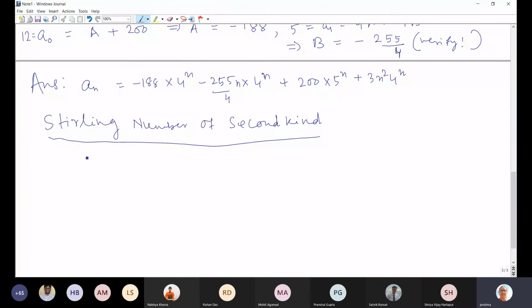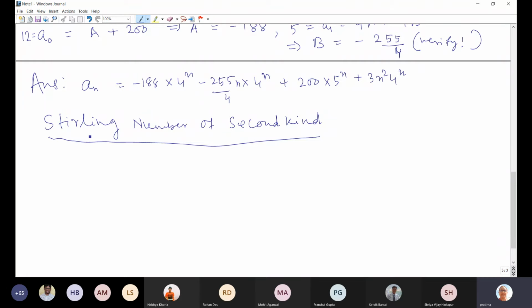And this Stirling number of first kind, what is it? It tells you about partitions of a set actually. It talks about how many partitions of a set there will be. So what do you mean by partition of a set? I mean, this Stirling number of first kind or second kind, both are named after